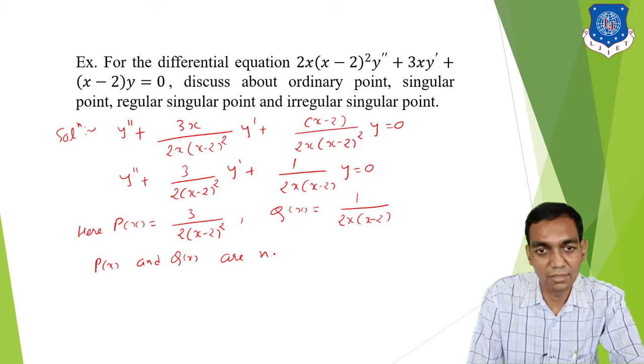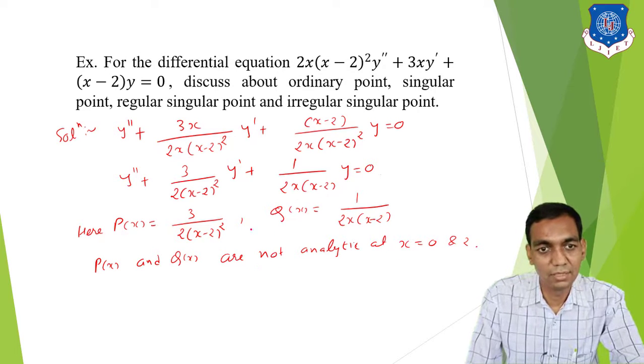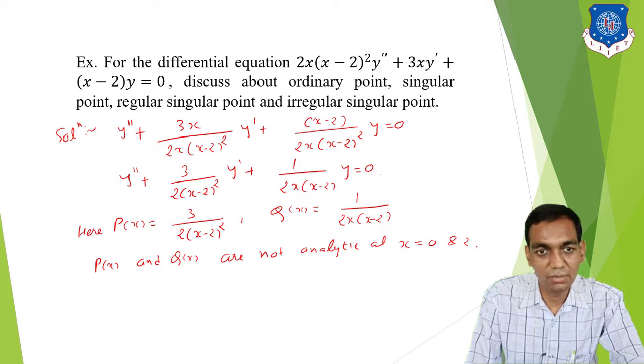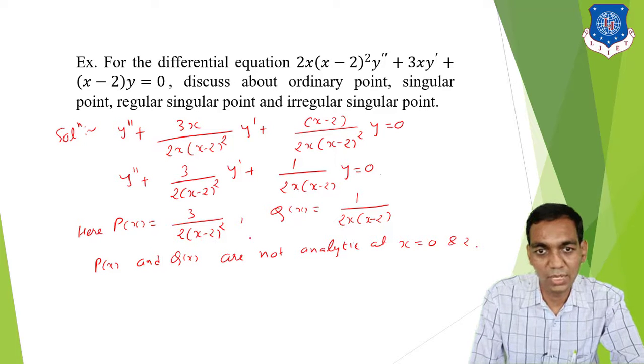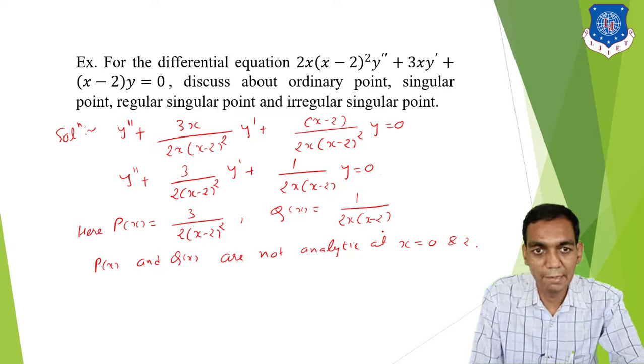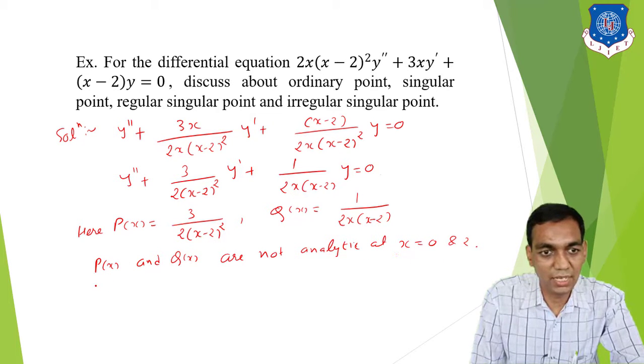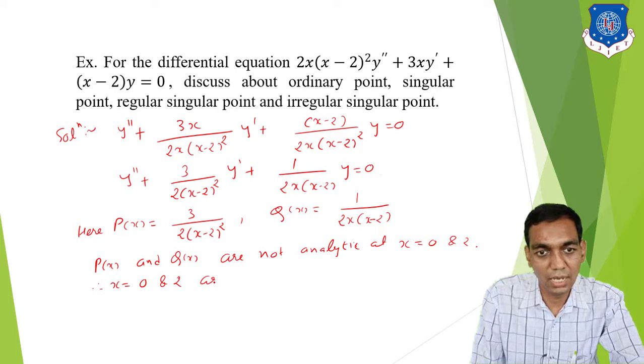Now p(x) and q(x) are not analytic at x is equal to 0 and x is equal to 2. Correct? Why? Because this term has a value 0 at x is equal to 2 and this term has a value 0 at x is equal to 0 and 2. Correct? So you have two singular points, and therefore x is equal to 0 and 2 are singular points